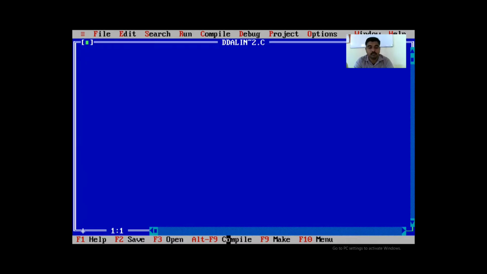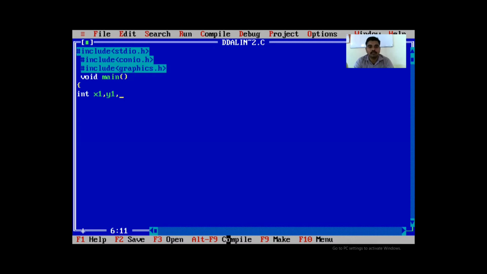Now we will see the program to draw a line using the DDA algorithm. Let's begin with the header files, that is #include stdio.h, #include conio.h, #include graphics.h. This header file is mandatory to run all graphics programs. Then define the main function, and in that, variable declaration x1, y1.